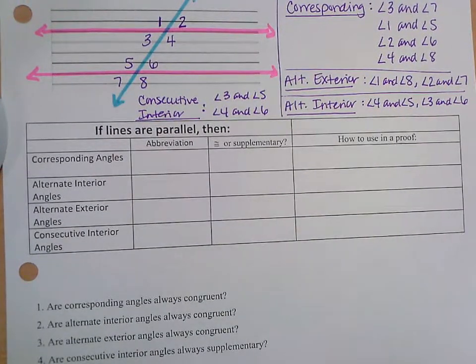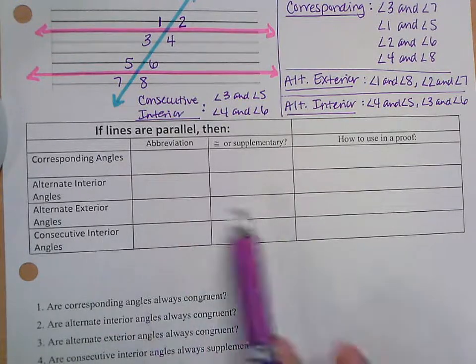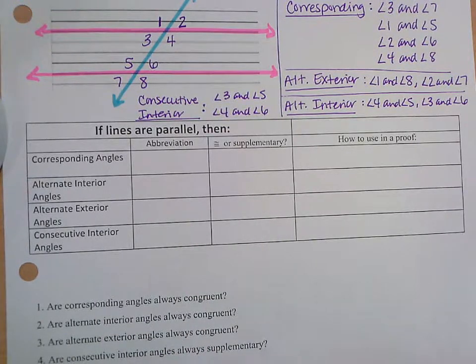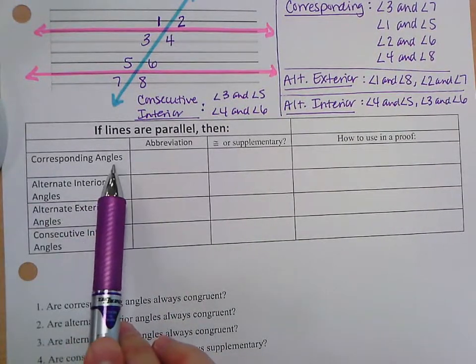This is thinking ahead. We're not doing proofs today, but it is thinking ahead to how they're used as reasons in proofs. And then we are using these relationships today. So starting with corresponding angles,